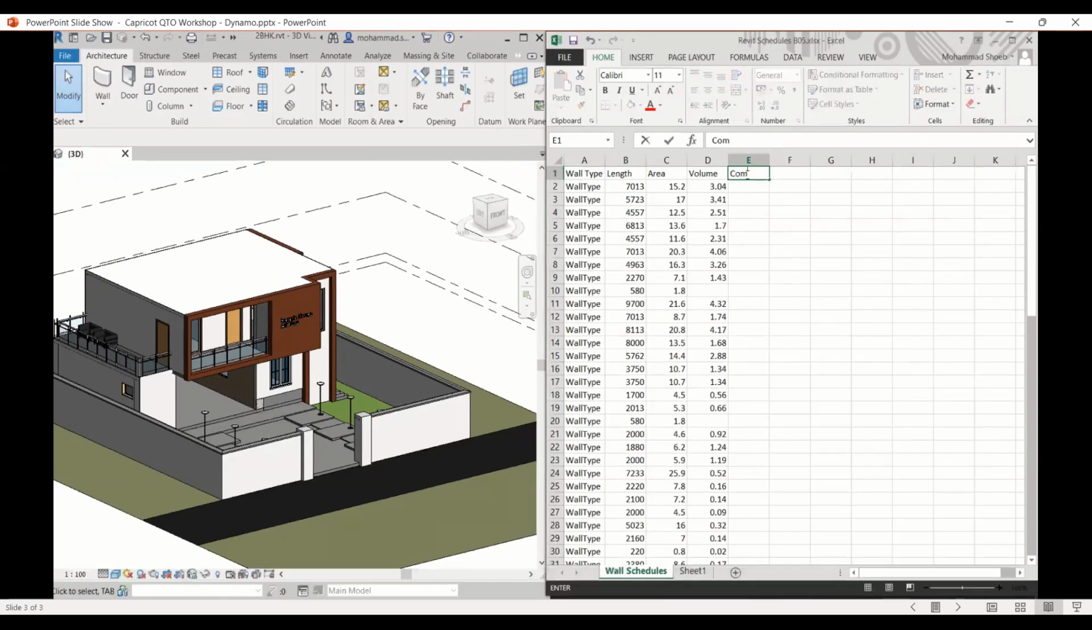I made some comments here, an example of this comment. So I've added some comments here, and in these types I add some comments. Let's say add more windows, or let us say different things: change the plaster thickness or plaster types, and after that